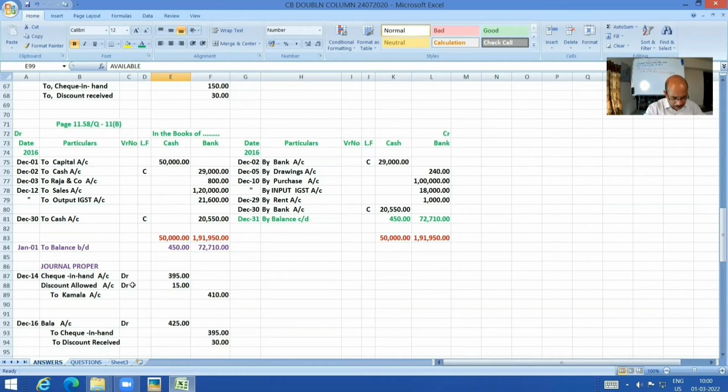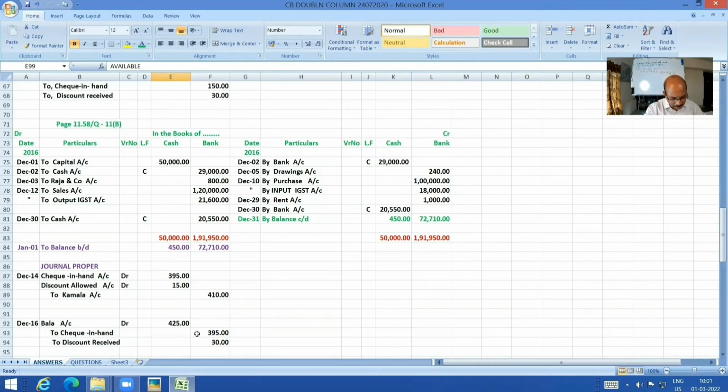Here, of course, you say in the cash book, I told you no discount. This is not the cash book, it's the journal proper. There you have to account everything properly. That's why check in hand 395, discount allowed 50, to Kamala 410. The next day, find Kamala's check endorsed to Bala in full settlement of her account of 425. So it's a check received originally and endorsed to someone. I have told you already that a check received and found to be endorsed to someone on a later date or on the same date has got no place whatsoever in the cash book, because the check has not been seen by the bank.